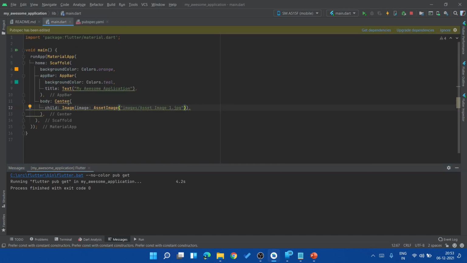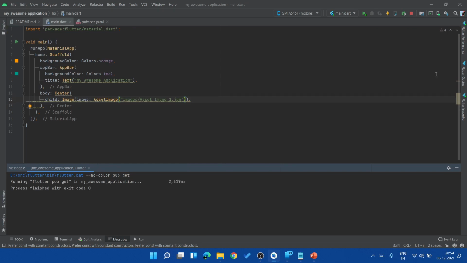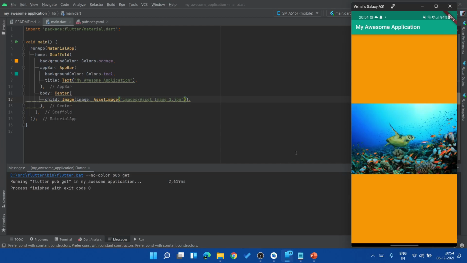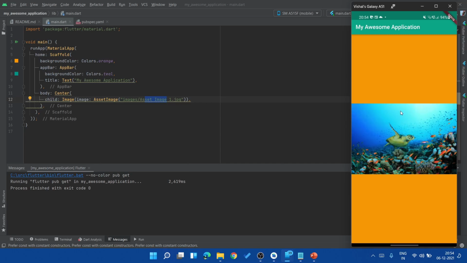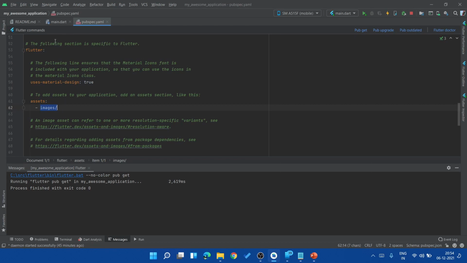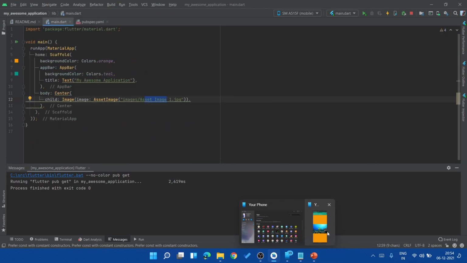Coming back to our main.dart, sometimes it will say that the pubspec has been edited, so you just have to click on get dependencies. Once that completes, it will either go away on its own or you just click the ignore button. And now I will restart the application again. And I should now see the same output because the asset image 1 was in the images folder and we are not changing the image that we are using, so I will not expect anything different from the previous output. But hey, it works, so you can just define the folder within the pubspec file and use all the images contained within it in your Flutter application.